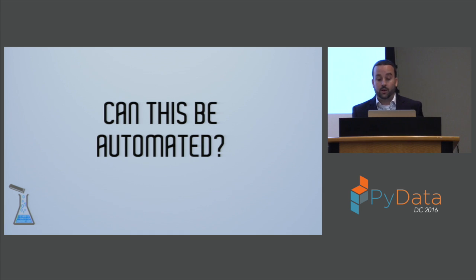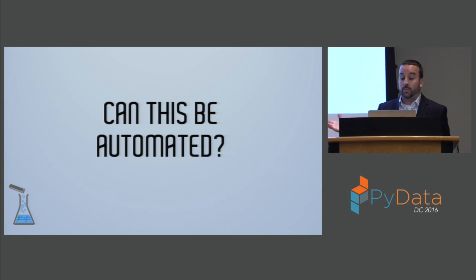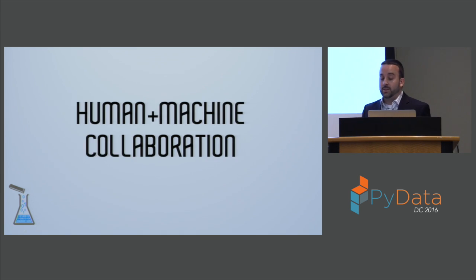The second thing I'd like you to consider is whether or not something like this can be automated, or more specifically, which parts of this can be automated and how can we do that. My personal opinion is that there are definitely some parts of the framework that can be automated, but there are also other parts where it's very important and very valuable to have a human and a human's intuition in the mix. And that brings me to the last point that I want to stress, and that's the importance of humans and machines working together to discover more insights in the data than either could on their own. I'm specifically interested in optimizing the balance between which analytical tasks a human is better at and which analytical tasks a computer is better at, and using that to get the best results possible.